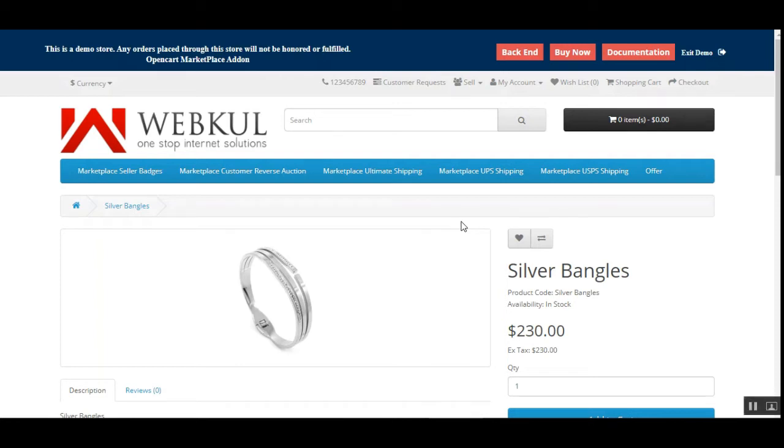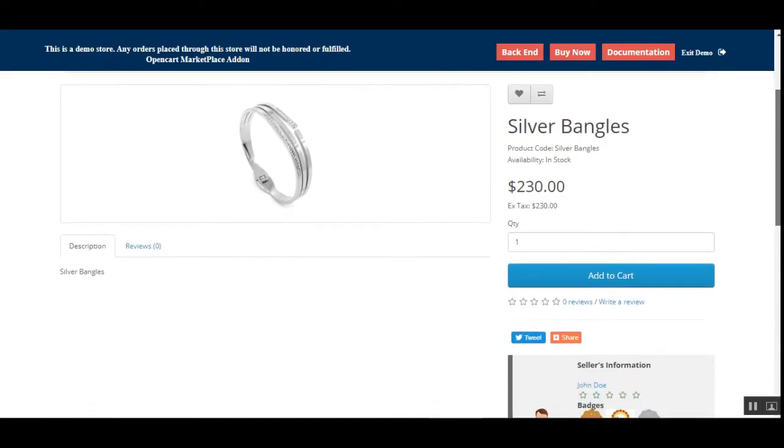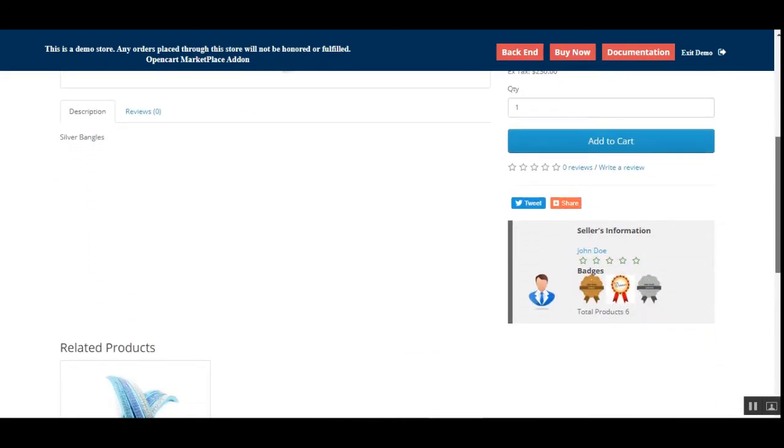Hello, and today we'll be showing you the workflow of this particular plugin. That's the Opencart Marketplace Seller Badge plugin that basically allows the marketplace admin to set the badges for the marketplace